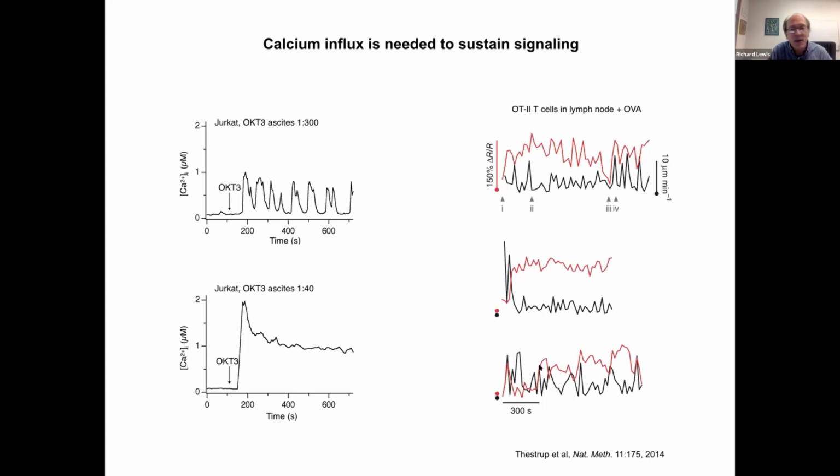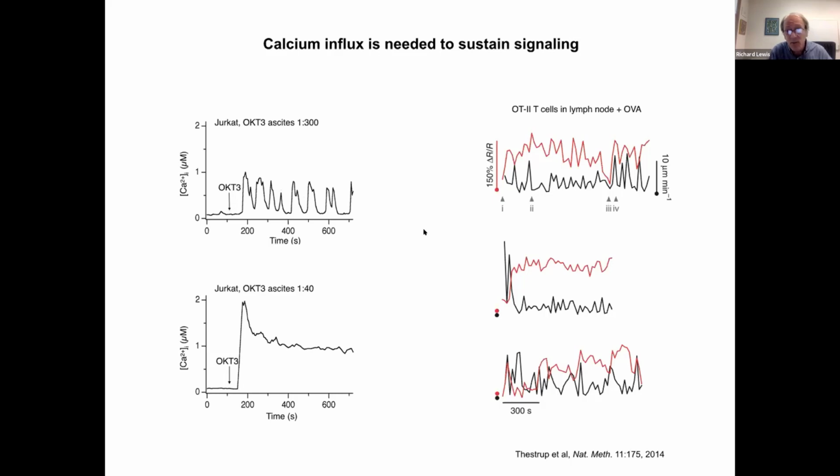And it's worth noting that the sustained calcium in T cells can take several forms. At high stimulation levels, as seen here, such as a high concentration of antibodies to cross-link the T cell receptor in vitro, or high avidity interactions in vivo, responses often show a peak and a sustained plateau. While low stimulus strength in vitro will elicit baseline fluctuations or oscillations.